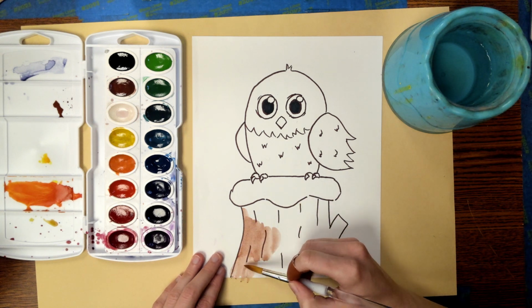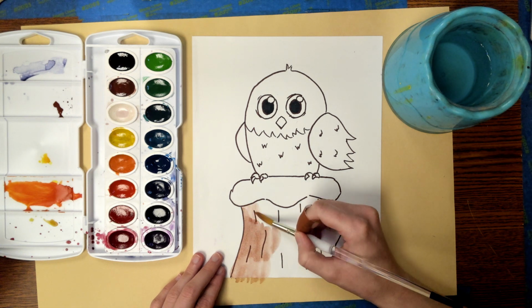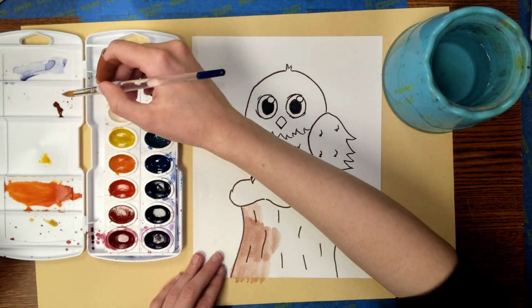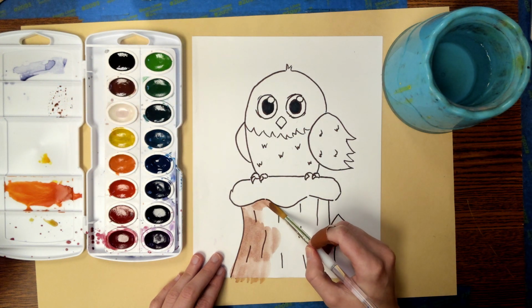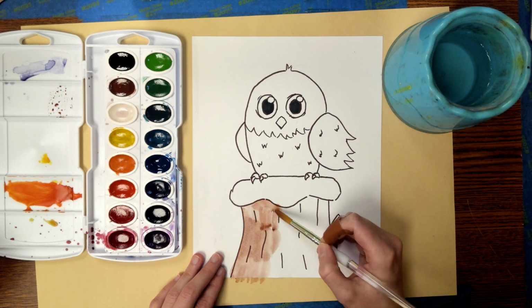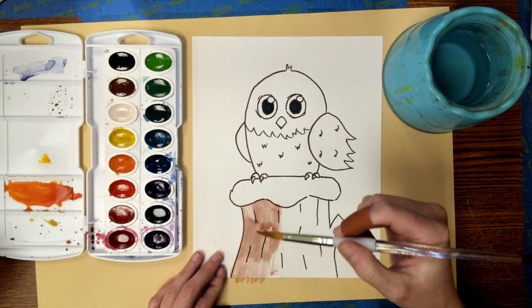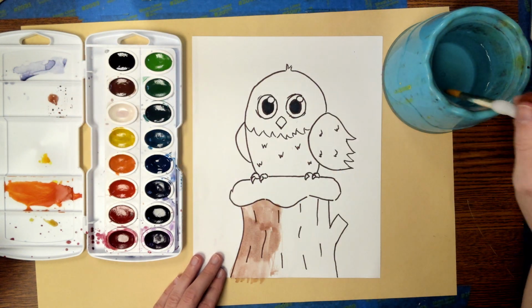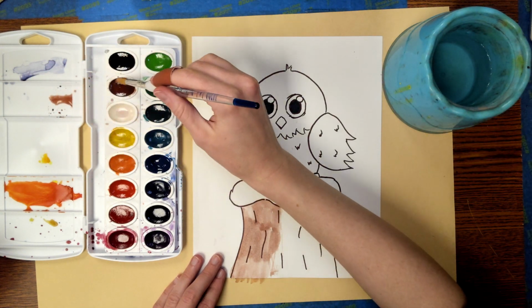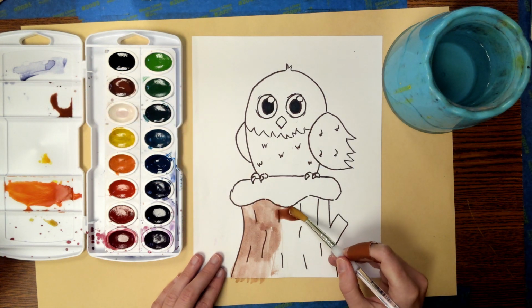And watercolor will usually work best when we paint in long, smooth strokes. That's why it can be really helpful to mix some of your color with water in the lid first, so that you can go back to it instead of having to remix it each time. You can end up with a smoother look. Now I don't have quite enough to finish the stump here, so I'm going to put a couple more drops of water into the lid really carefully, put a little more paint in there, mix,